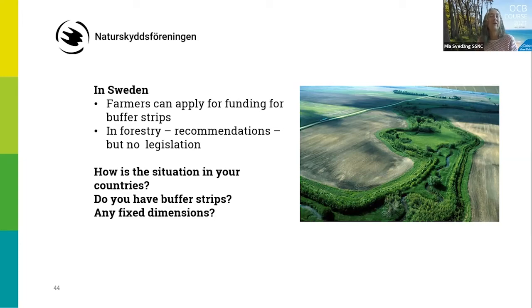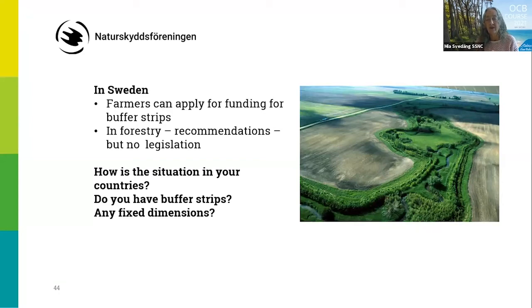So I don't know how the situation is in your countries. Do you have buffer strips and do you have any fixed dimensions? That's something that I would like to know. And I will also try to send out this question to all of you so that we can gather information from the whole CCB area. Because I think that buffer zones, both in agriculture and in forest, are really important to protect the water from nutrient pollution and pesticides and so on, but also to protect the wildlife and